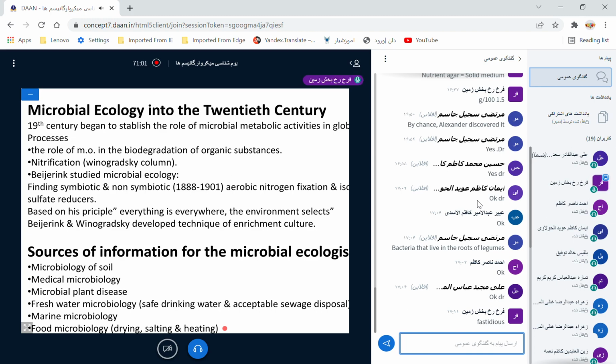And how can we stop them? How can we suppress them? So from pure science to practical science, from knowledge to action. When we know them, then we can have a program saying what should we do. For example, some microbes have problems for our food.